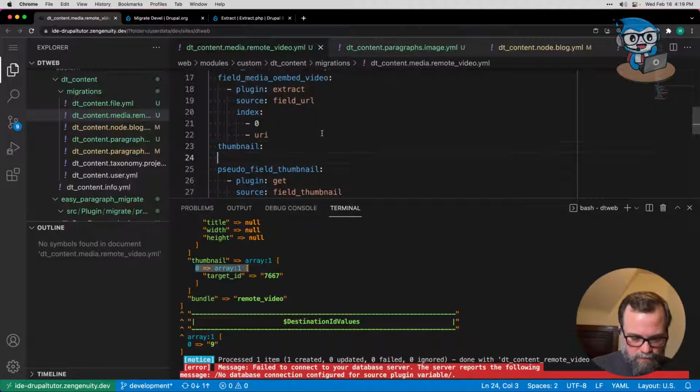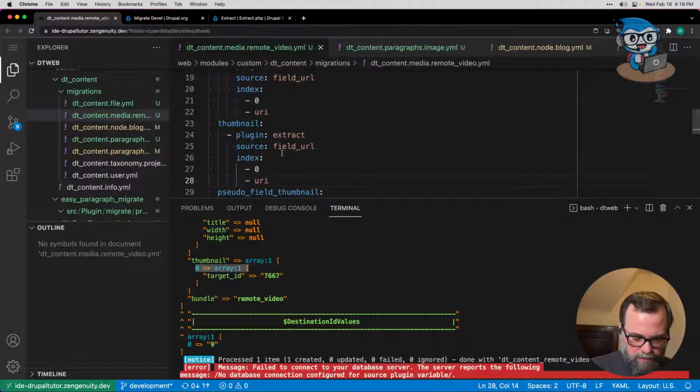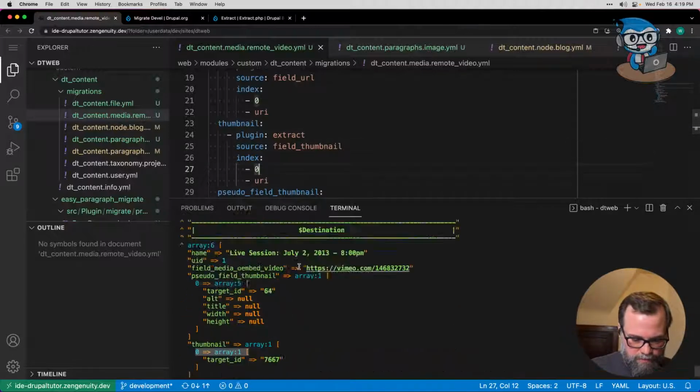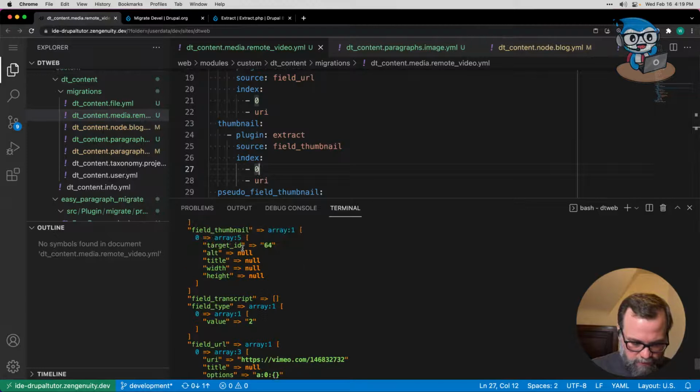Thumbnail and let's extract field thumbnail. And we can see the source up here. It should be 0 target ID. Or actually just 0. Because we actually would like to get that whole. Oh, no. It has to be